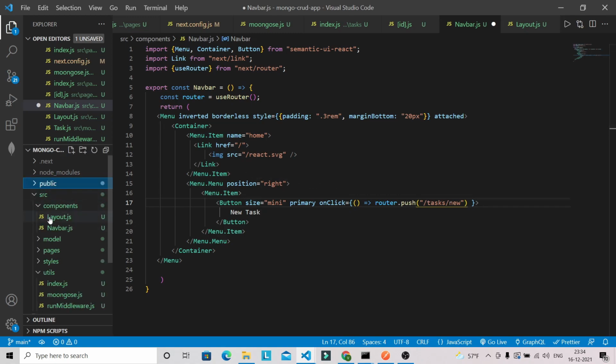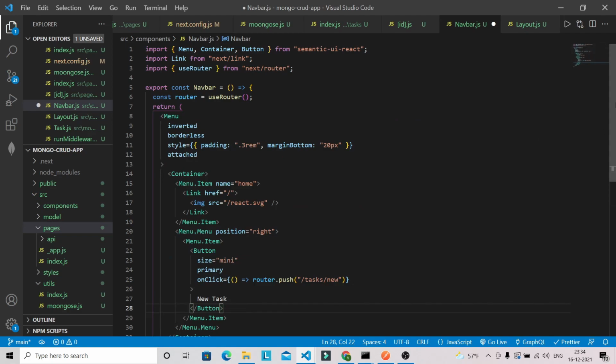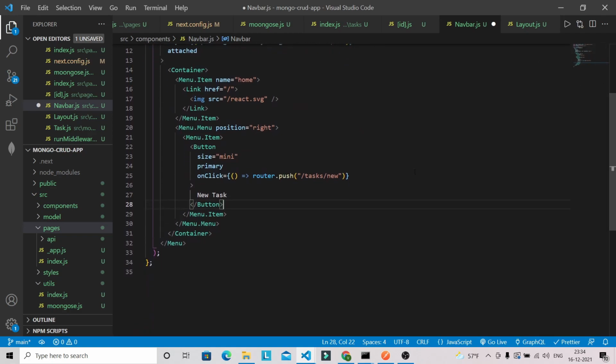If you look in pages, we haven't created this page. Okay, so we will create it in a moment. For now just specify this path. Okay, and after that I think we are done with this navbar component.